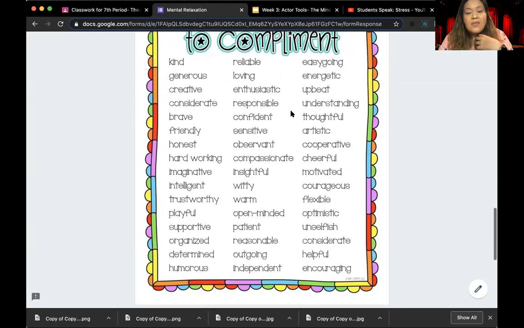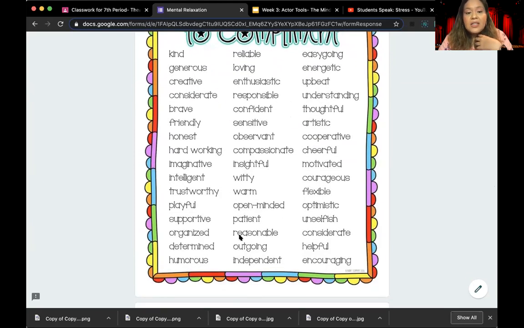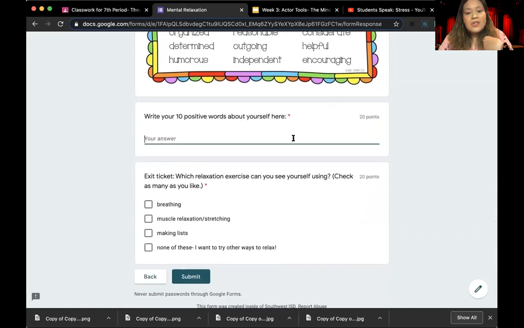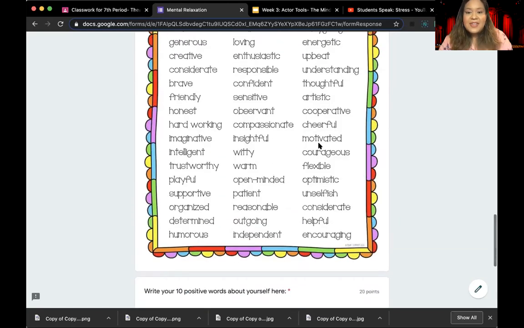And so if you need some help thinking, look at this list. If you don't know what a word means, look it up. This is a good time to improve your vocabulary and learn different words to describe yourself and other people. And so once you come up with your 10 words to describe yourself, you're going to make a list of them here. And then you are done with activity number 3.